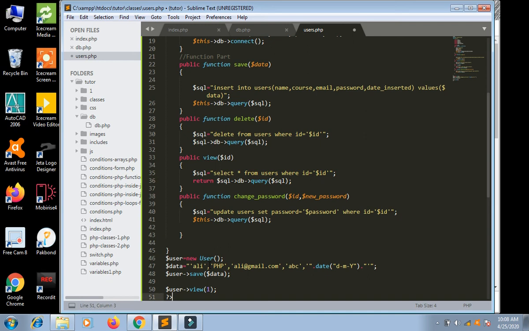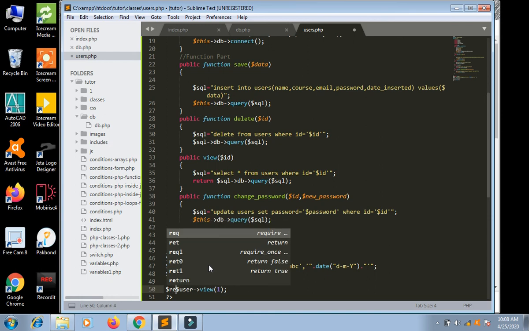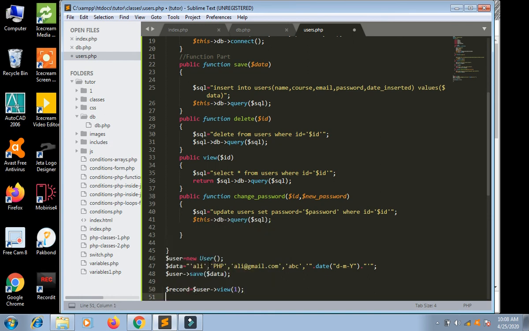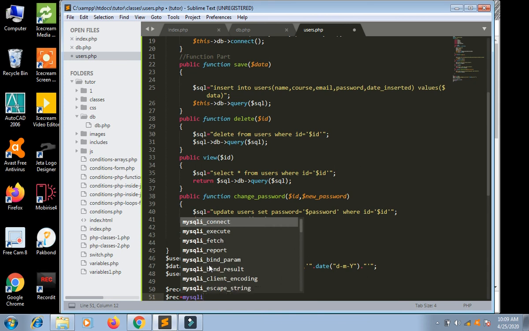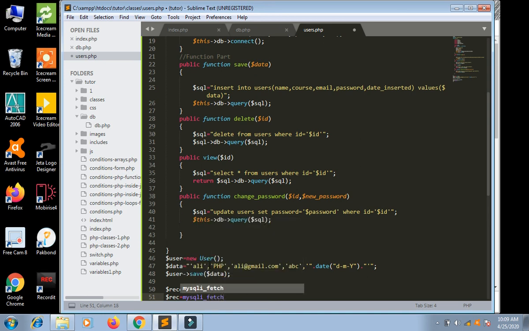When we get this $record, just to see the records, $rec is equal to mysqli fetch array.